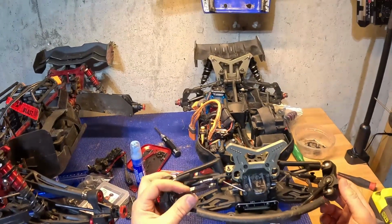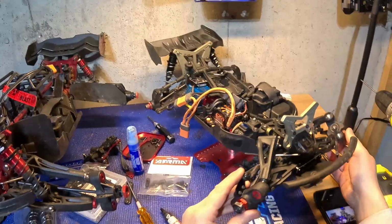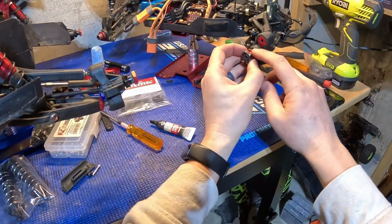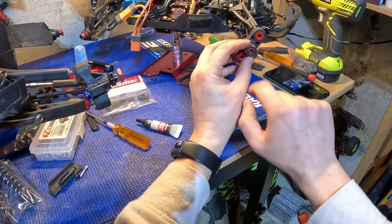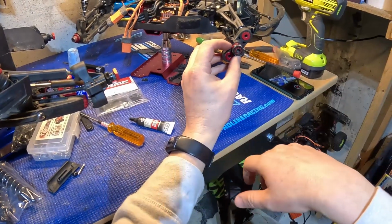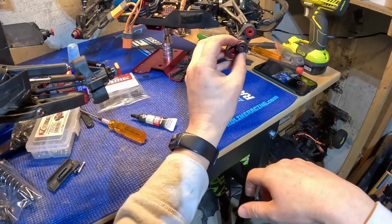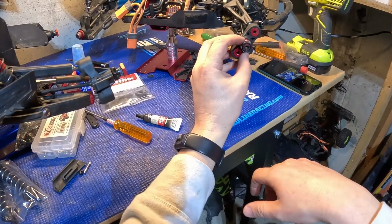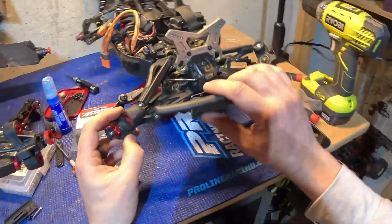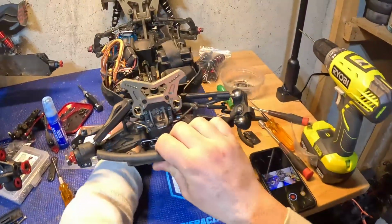Another screw that can be good to use it for is when you're trying to get out these hubs. There's a tiny grub screw in there that if you're not careful you can easily strip, and which makes a small job turn into a much more difficult job, because now you've got to get that stripped grub screw out. So the most simple and effective way is to use